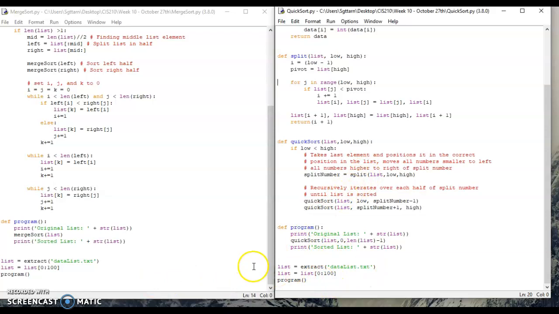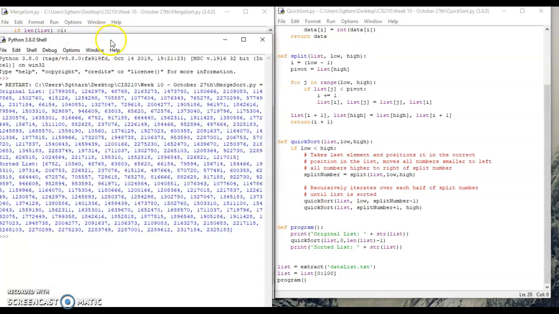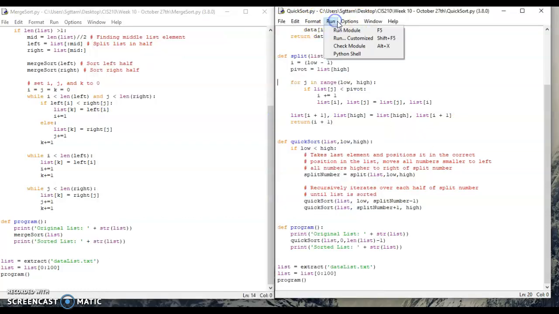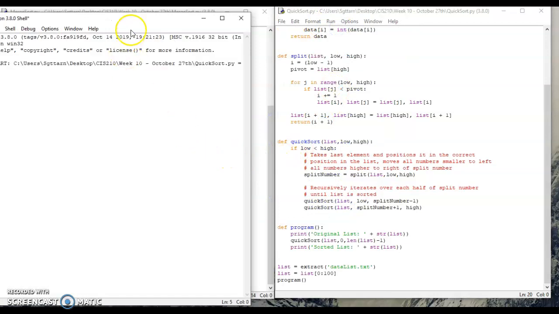Both of the programs, instead of running the entire data list because they take a long time, I do just 100 elements. And so here is the merge sort. So you have the original list that's just a whole bunch of numbers, and then you have the sorted version that goes from 6,752 up to 2,325,000. And then if we go over and run quick sort,